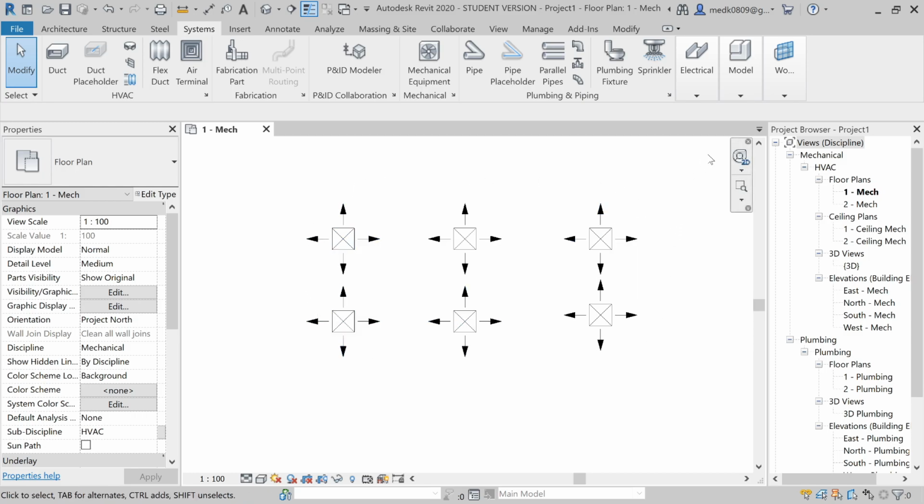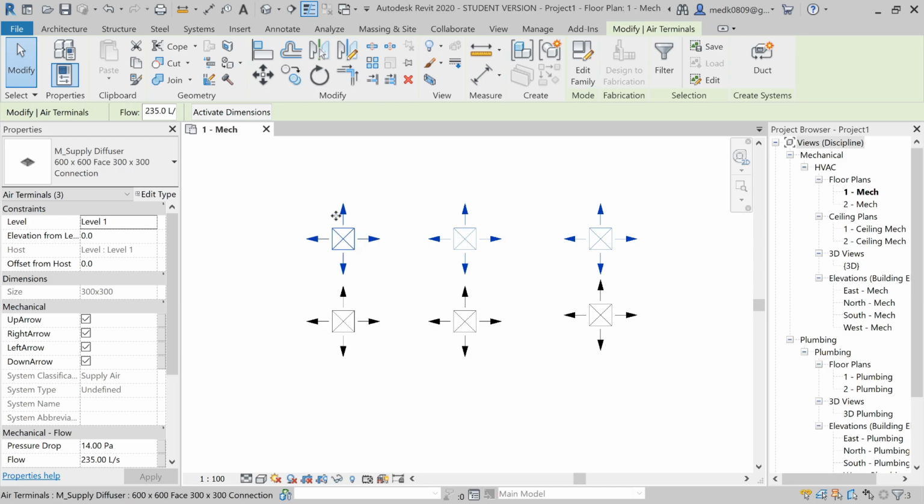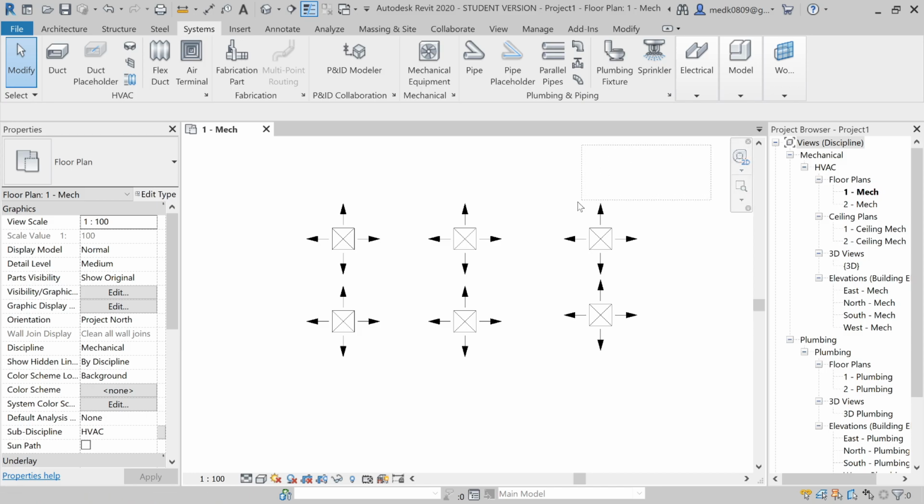Let's click the mouse and then drag to draw a selection window. As you can see, as this window is touching the component or the element, or you can say the system family, the system family is being selected. Okay, as you can see, I am just touching the component and it is being selected. So here we have selected 3 components. When we draw the window from the right to the left, just touching the components makes them selected.